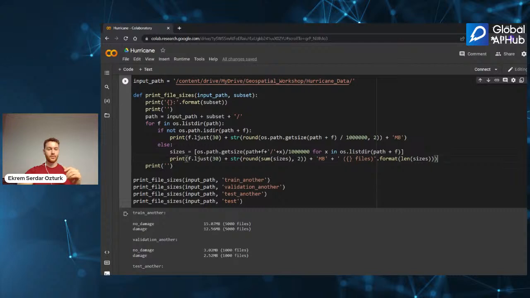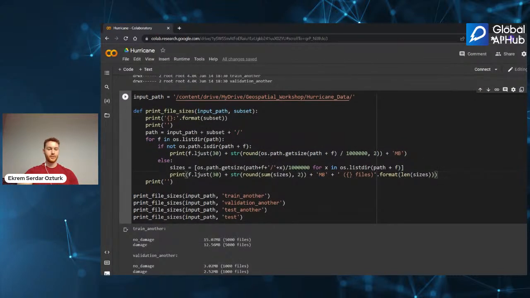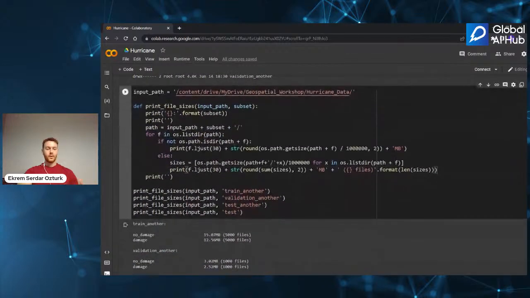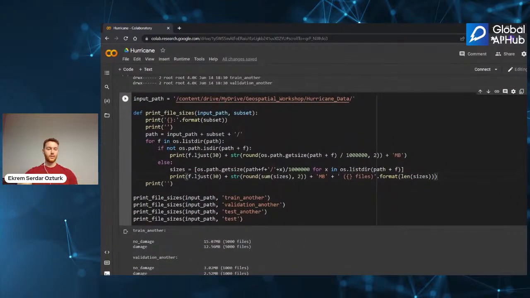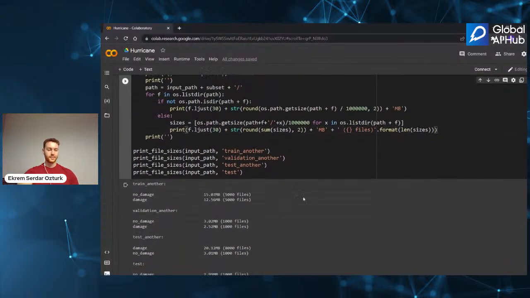The first is input path, where we give our path, and the second is subset, where we write our subset name, like train, validation, or test, as we saw earlier. What this does is give the file sizes of our data files.